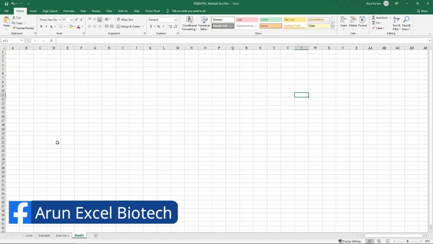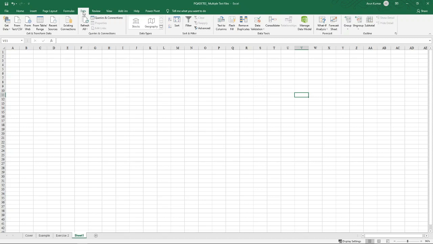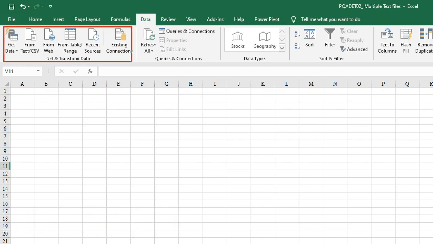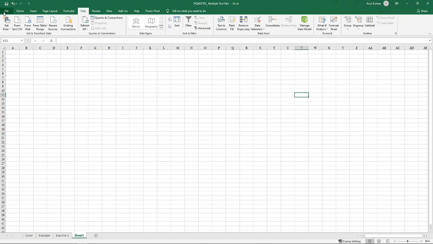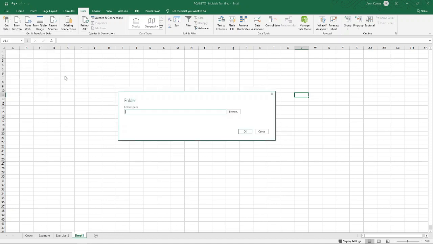Here we come to a blank Excel worksheet, and we go to our Data tab. In the Data tab, here we have our Power Query tool. It comes under the Get and Transform Data. This is our Power Query tool, and here we are going to use Get Data, Get Data from Folder. So you can see here, as we click on From Folder, it opens a dialog box,